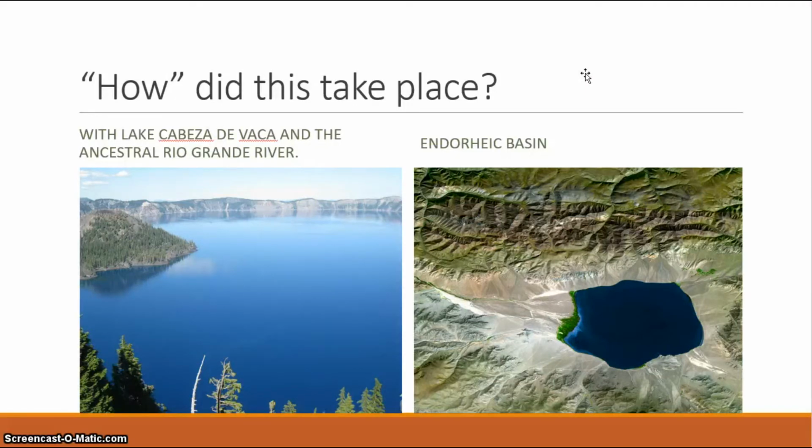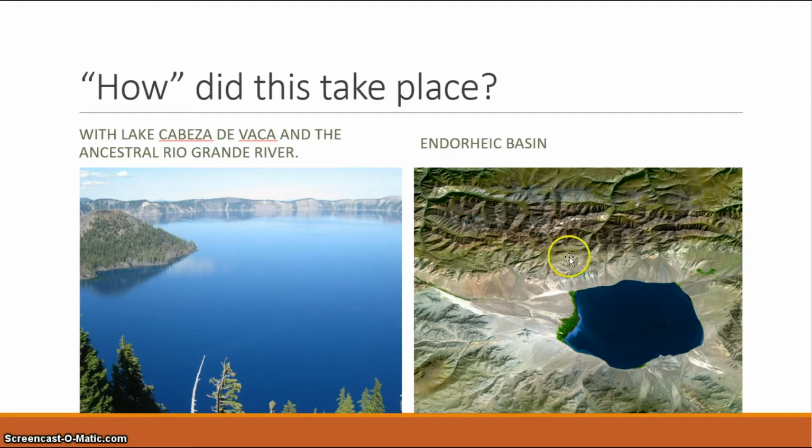Now, how did this all take place? Like I said, in the Neogene period, the Rio Grande did not run as it does today. The Rio Grande actually ran all the way through Colorado, all the way through New Mexico into El Paso, and it kind of emptied here into El Paso, Texas, where it formed a lake called Cabeza de Vaca. Now, these pictures right here is not Cabeza de Vaca. This is just to make my point, but it emptied here in Lake Cabeza de Vaca, the ancestral Rio Grande,